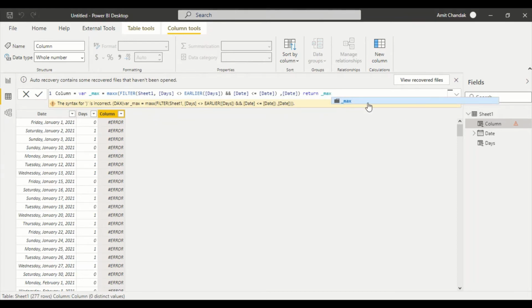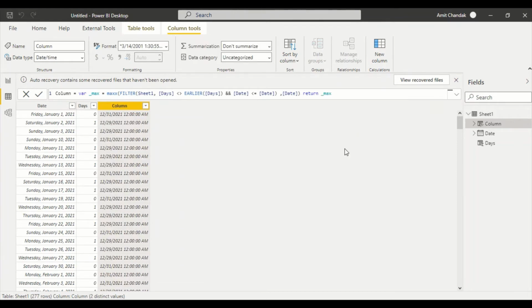This is something coming with the new version. Okay, so now what we are getting here is there is some problem. Now with this logic, we started getting a date which is even greater than this one. See, this is the maximum date, all the dates. This date, because we have not used earlier, see that's the harm. If you don't use earlier, that's the harm. So now let's correct it.